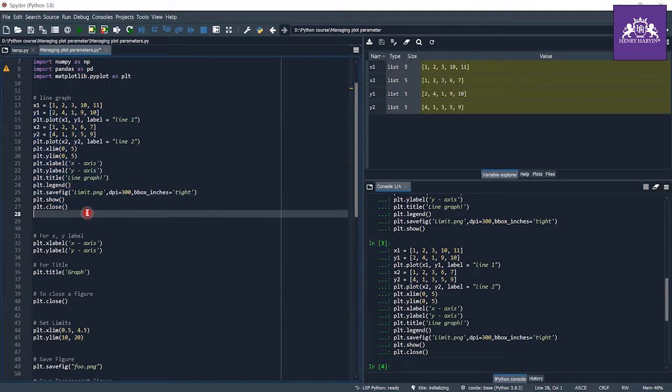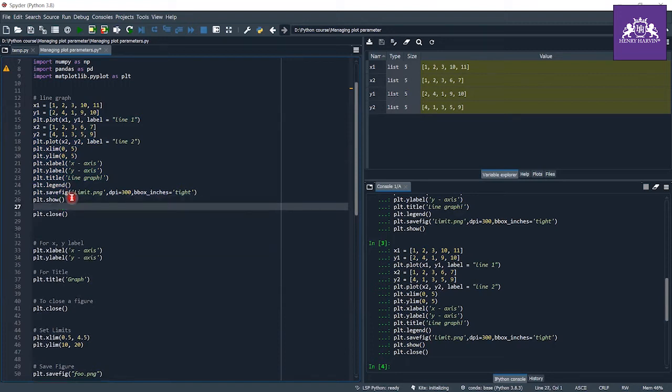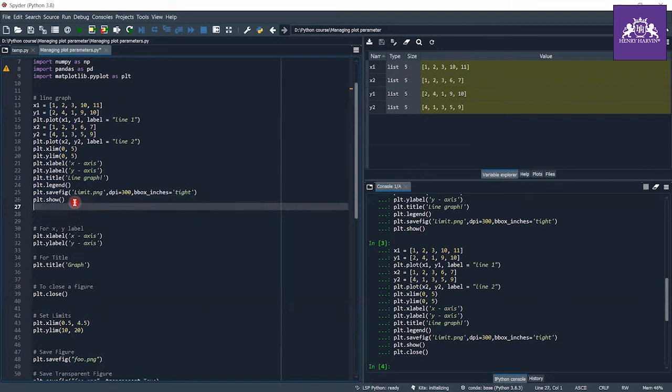By writing this command and adding something like time.sleep, here I didn't import the library, but when you write this command after importing the correct libraries, the execution gets paused for 10 seconds, and after the 10 seconds the graph gets closed. So this is how we can use plt.close. It is also useful for some tasks.